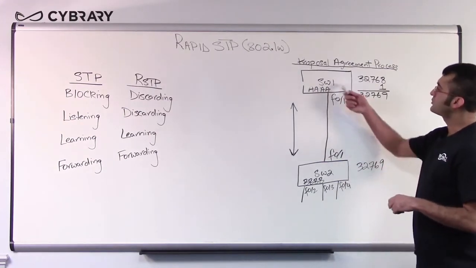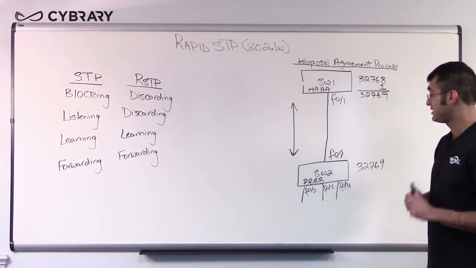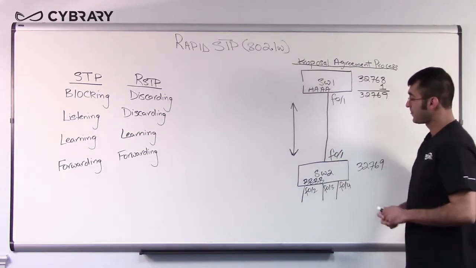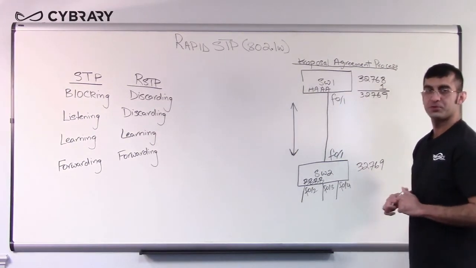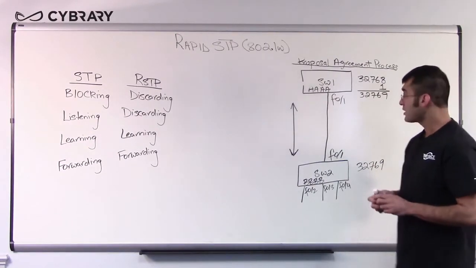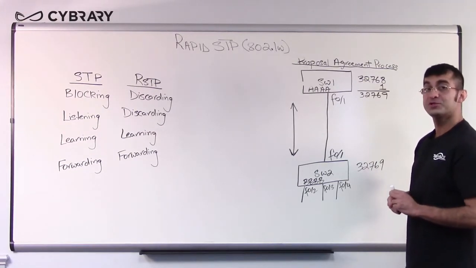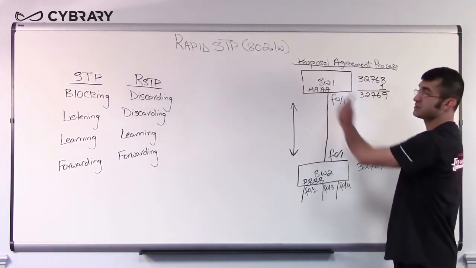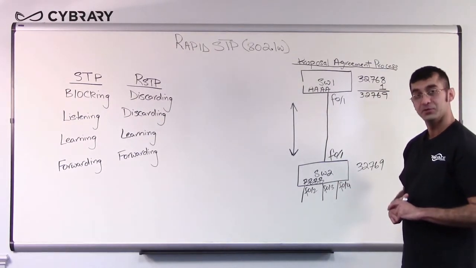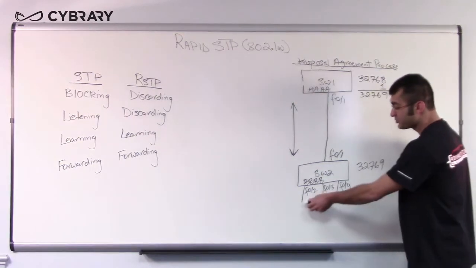So switch 2 sends switch 1 a proposal saying, I am going to have the designated port, or as in, my F0/1 is going to be the designated port on this segment. Switch 1 rejects switch 2's proposal BPDU because switch 1 is clearly superior. Switch 1 also sends a proposal BPDU to switch 2. And switch 2 sees that yes, switch 1 in fact is superior, and switch 2 accepts switch 1's proposal BPDU. At this point, if switch 2 has any downstream ports,